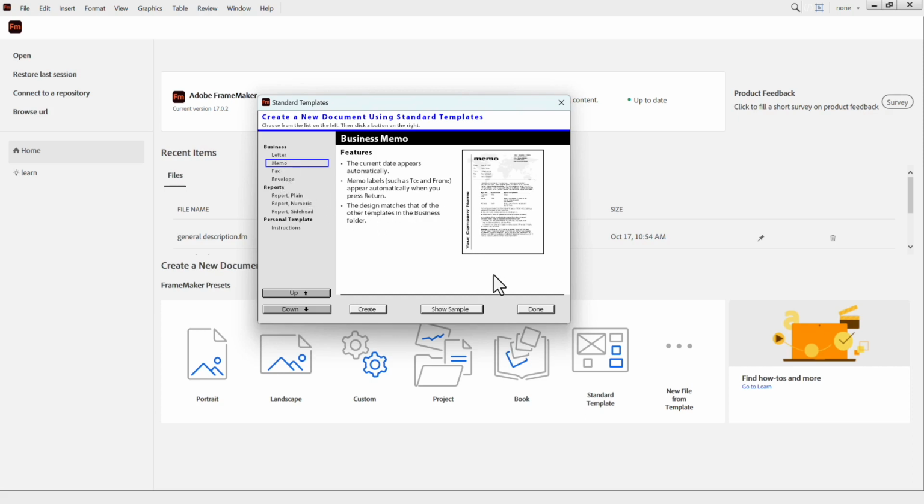Now, along the bottom, the Done button means, never mind, I don't want to use this template. I want to go someplace else. Create and Show Sample are the two remaining buttons. If we click on Show Sample, for any of the templates I'm talking about in this dialog box, you're going